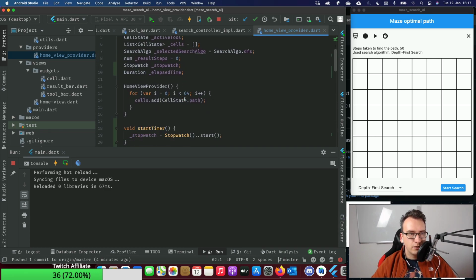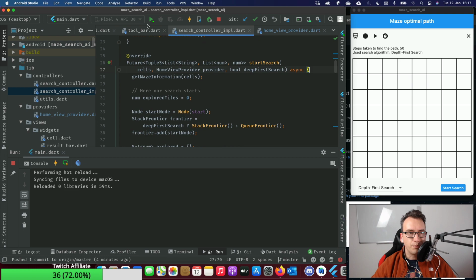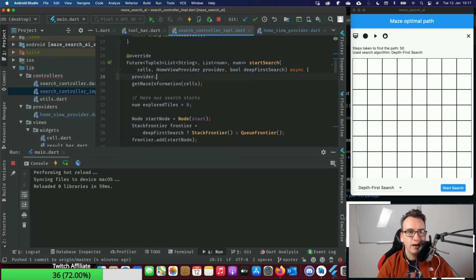All right, so now we can start a timer, we can stop the timer, and I will just do that inside of here probably. We have here anyway access to the provider, so we can say something like provider.startTimer.